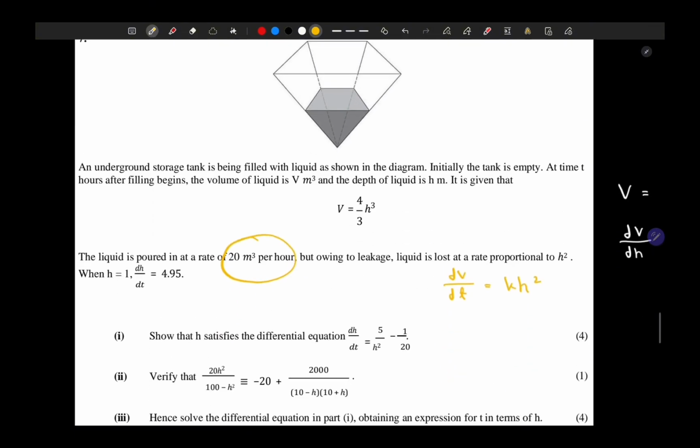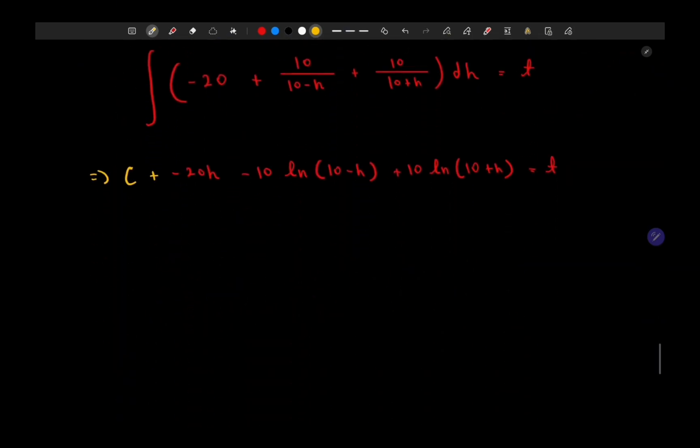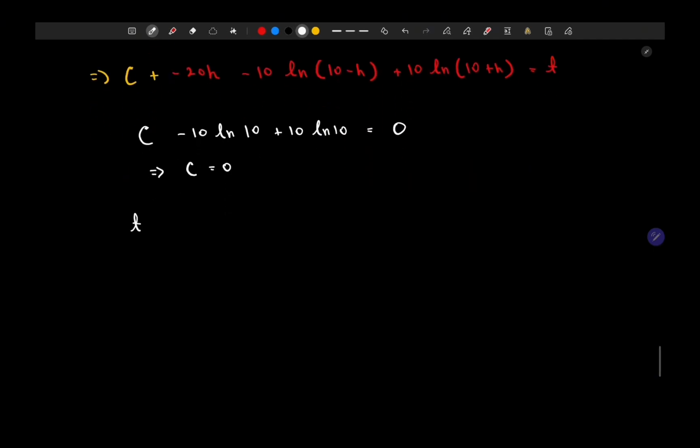Now we know that initially the tank is empty, which means that when t equals 0, the value of h is 0. So let's substitute that into this equation. So h is 0, which means c minus 10 ln 10 plus 10 ln 10 is equal to t. So the value of c is equal to 0, which means that t is equal to